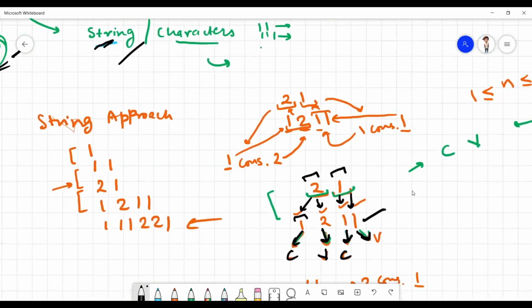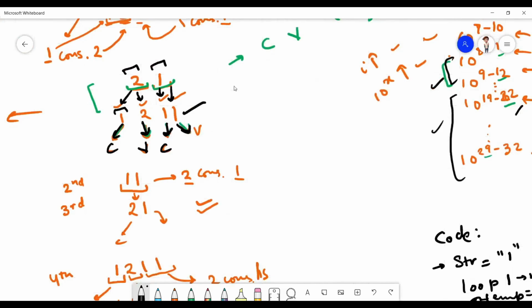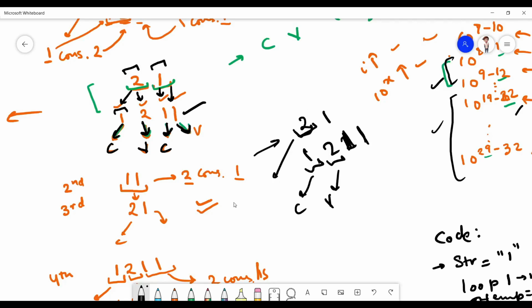So we wrote the pattern over here, and what we found is that we were given two strings, 21, 1211, and this was giving the count value and this was giving the main value for this string. So there is one consecutive 2 over here, and one consecutive 1 over here, which was representing this value.